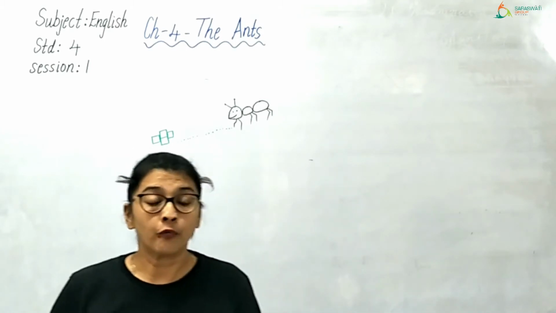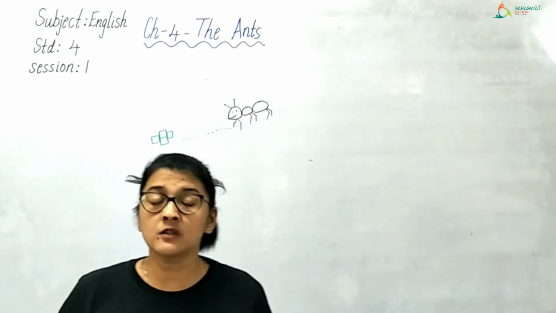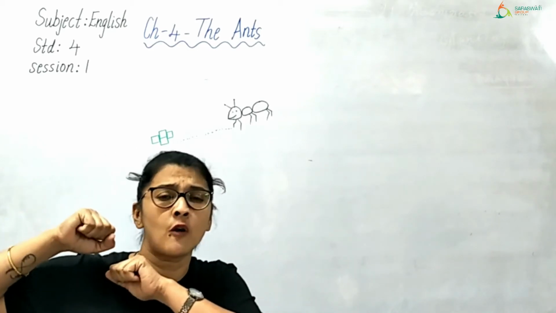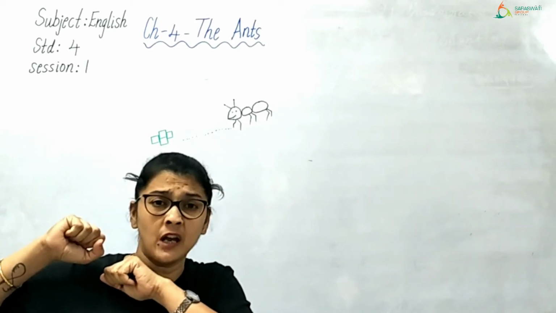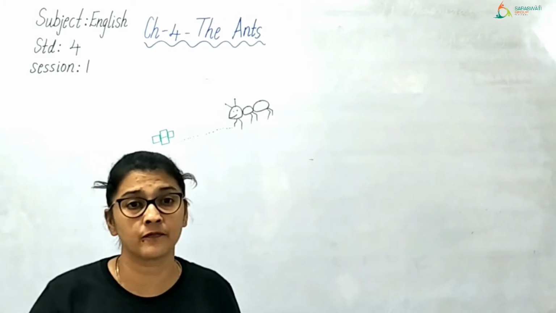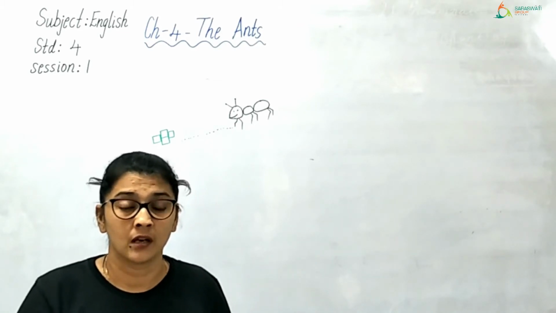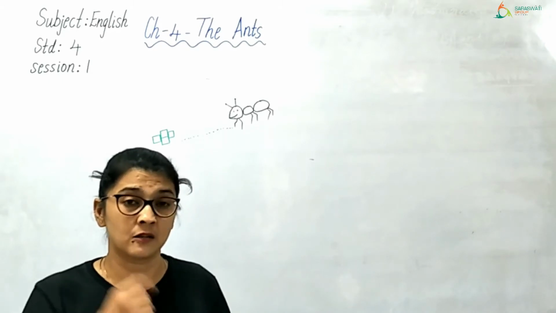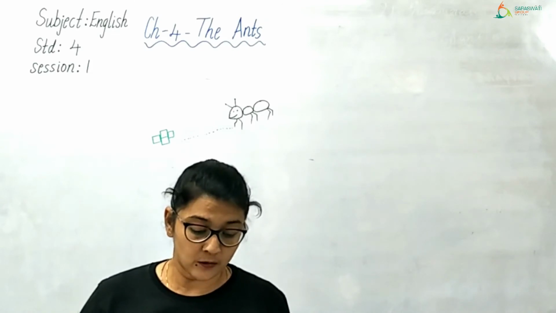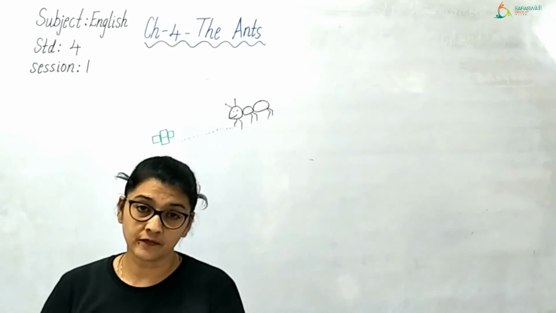So here, one ant finds a grain of wheat, but it is very heavy for the ant to lift the grain of wheat. It is very heavy to lift and it is very heavy to even roll the grain of wheat. A single ant cannot do that. So the ant is wondering, what can I do? So he begged of a neighbor he happened to meet.